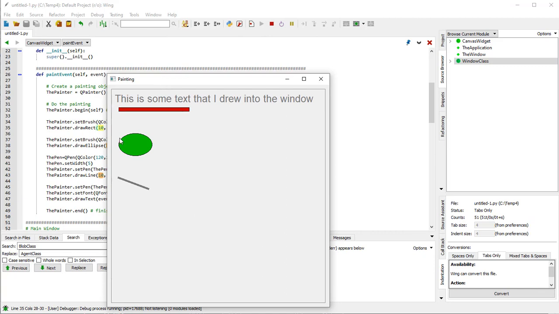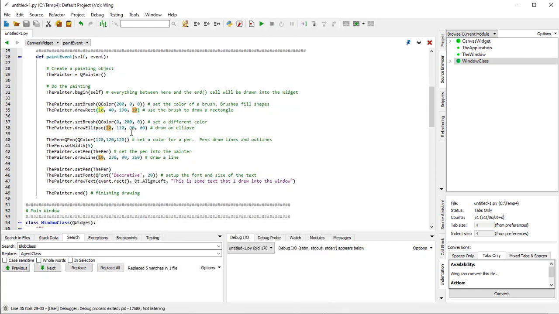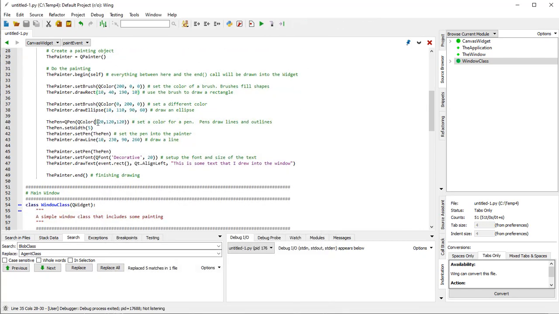And this box and the ellipse are lined up pretty well, so I'm betting that's the X and Y of the upper left corner, and then the width and height. Again, that's fairly common in these drawing packages. Then we're going to do another color, equal values of red, green, and blue, so that's going to be pretty